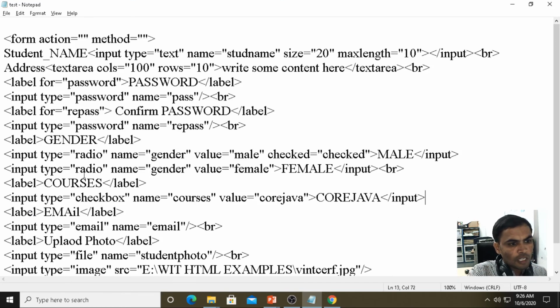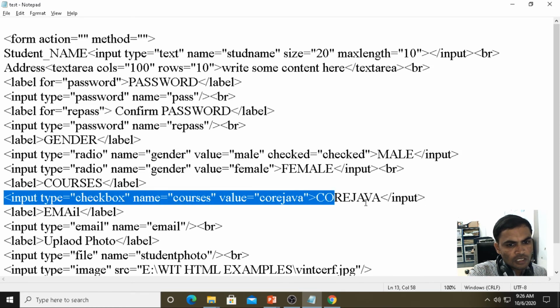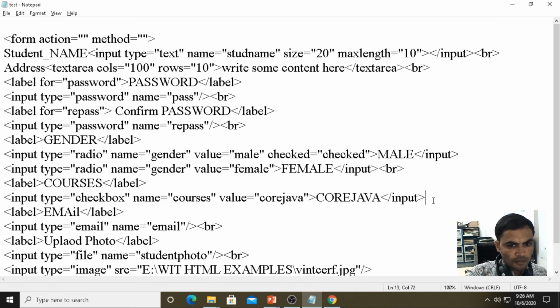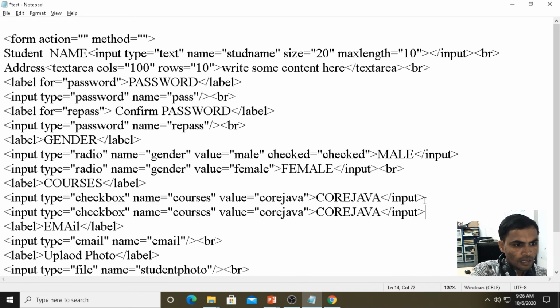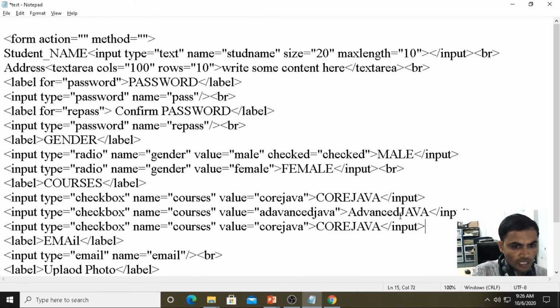Now if you want to select multiple options, same, Control C, Control V, the value I am giving as advanced Java. Then I'm giving the course name as struts, value equals to struts.